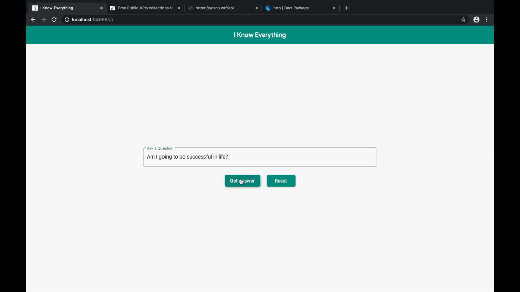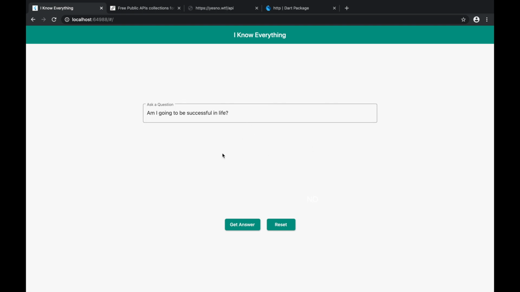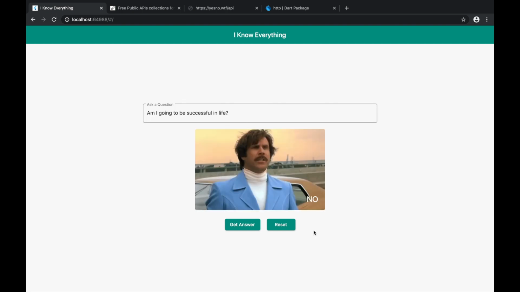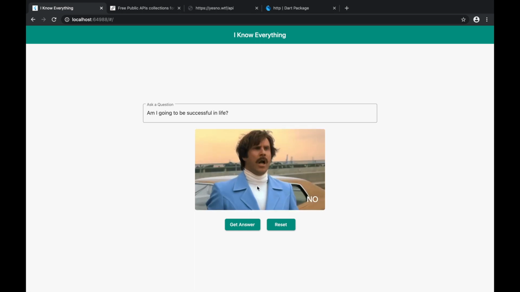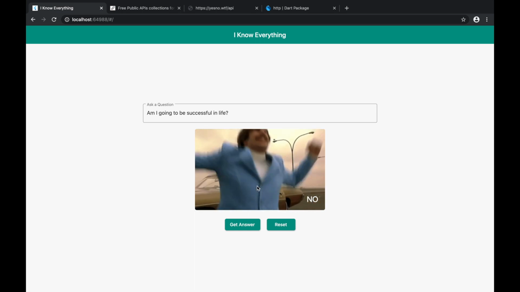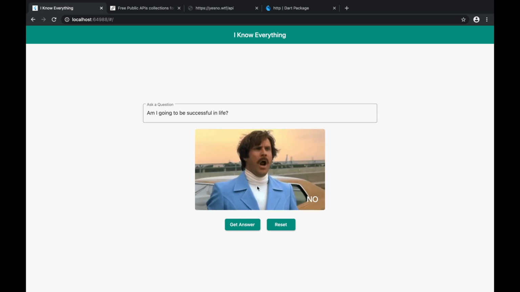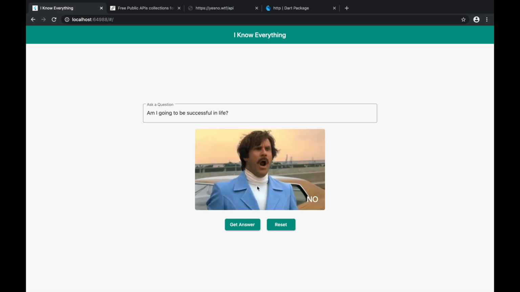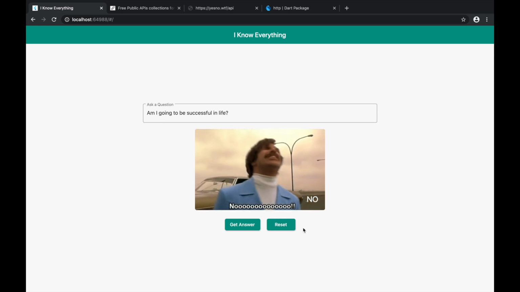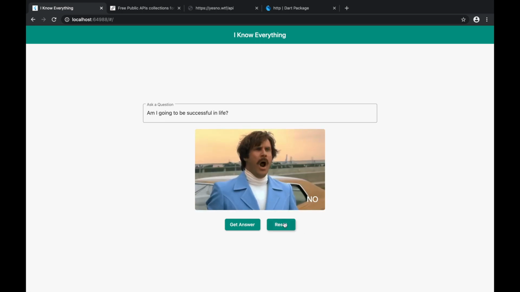So now if I do this, then I will get a response, and oh, so my app says that I'm not going to be successful in life, and the GIF is also quite appropriate of my reaction. Sad life. Anyways, so the only thing that is left for us right now is to implement the reset button,